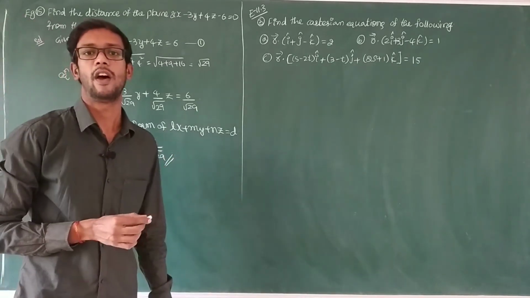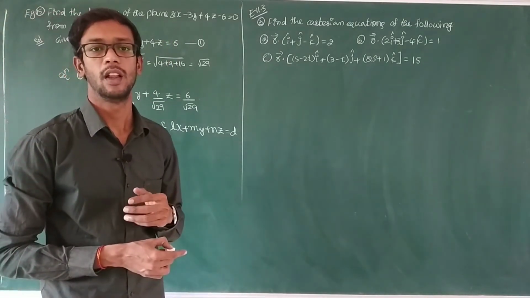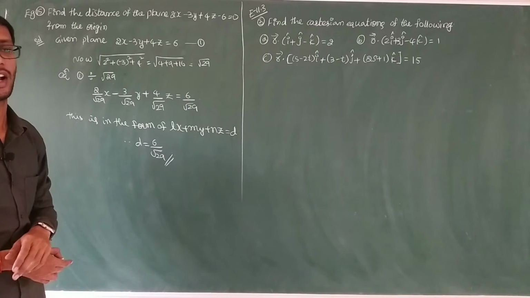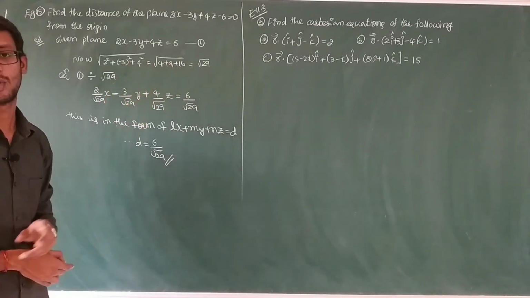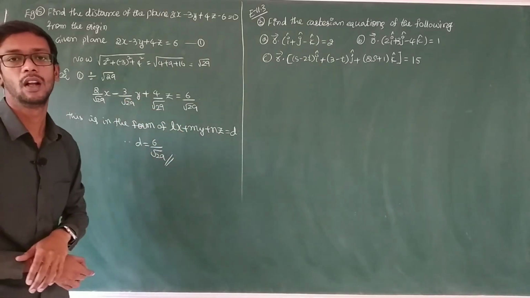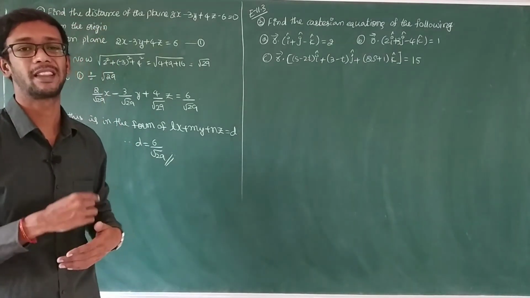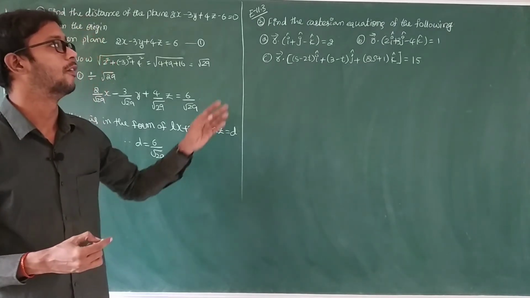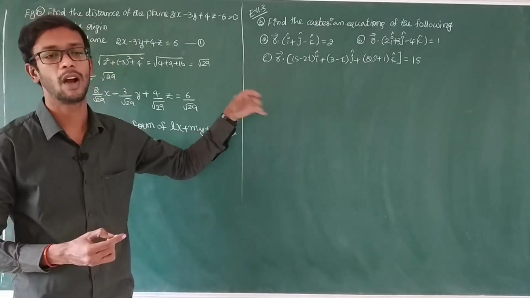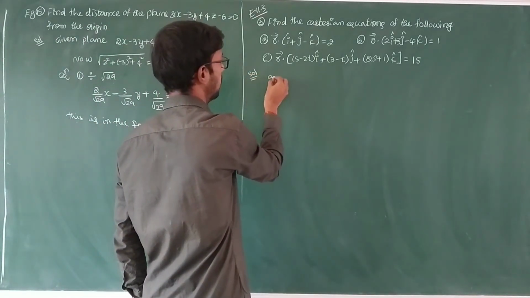So this is the way of finding the distance when the plane is given. Convert the plane into normal form first. To convert, take the square root of the sum of the squares of the coefficients and divide on both sides. That will become the normal form of the plane equation. Then d is the distance. Next step, problem number 3 in exercise 11.3. Find the Cartesian equations of the following. These are the vector forms given. Convert this vector form into Cartesian form. Already we discussed it in the theorem also. Solution: problem number 8 is given.